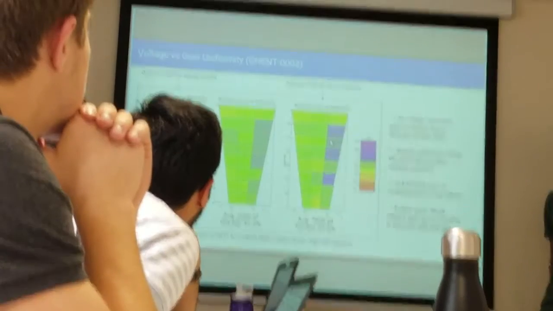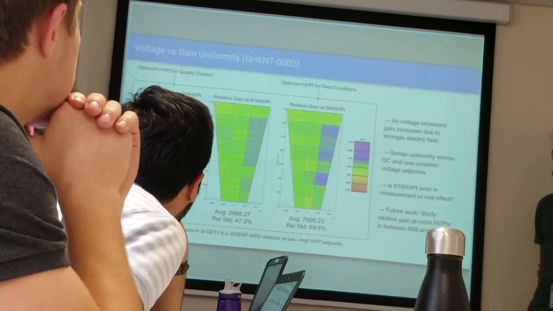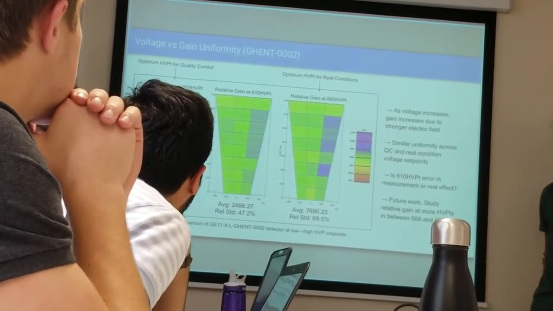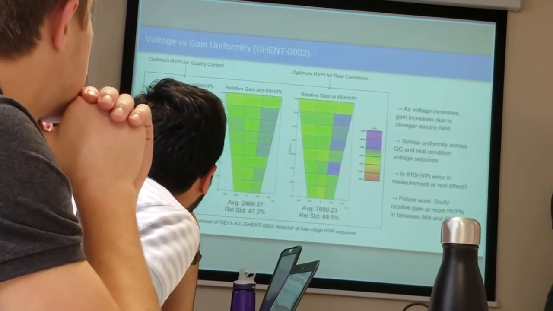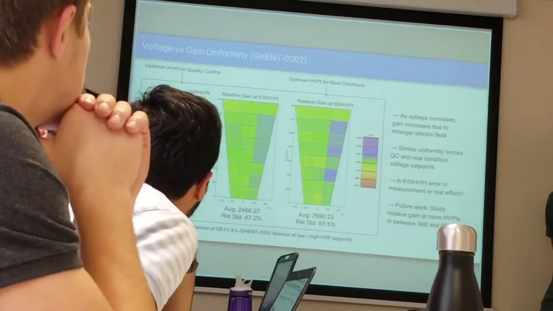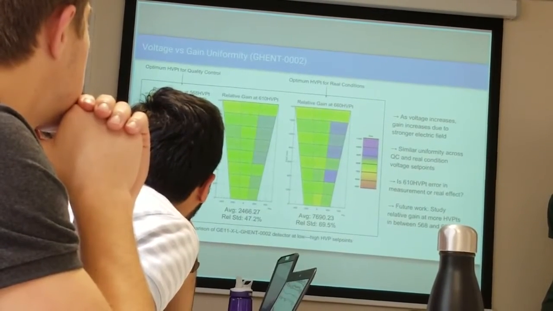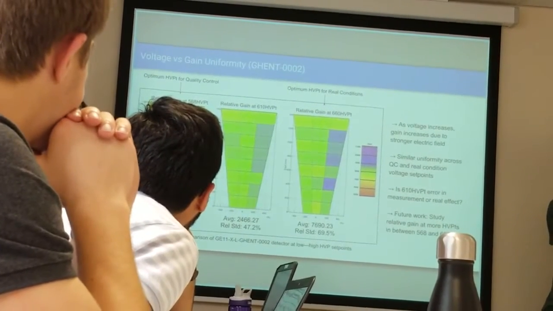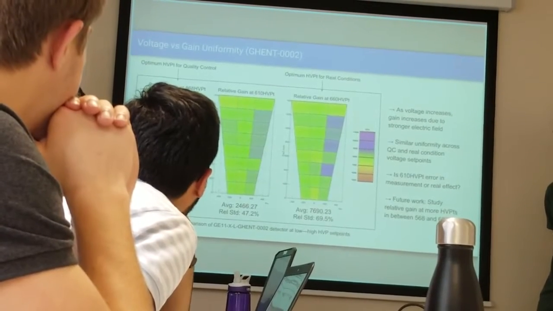And to do this, we need to take more values at different voltage set points. So here's the results from our test on a GAN 002 detector. So if we look here, we did the gain test on this detector at 568, 610, and 660 voltage set point. The averages are increasing as we increase the voltage, and the standard deviation is roughly the same on 568 and 660, but is lower in the center. So from this, we can clearly establish the correlation that as the voltage increases, the gain does increase due to